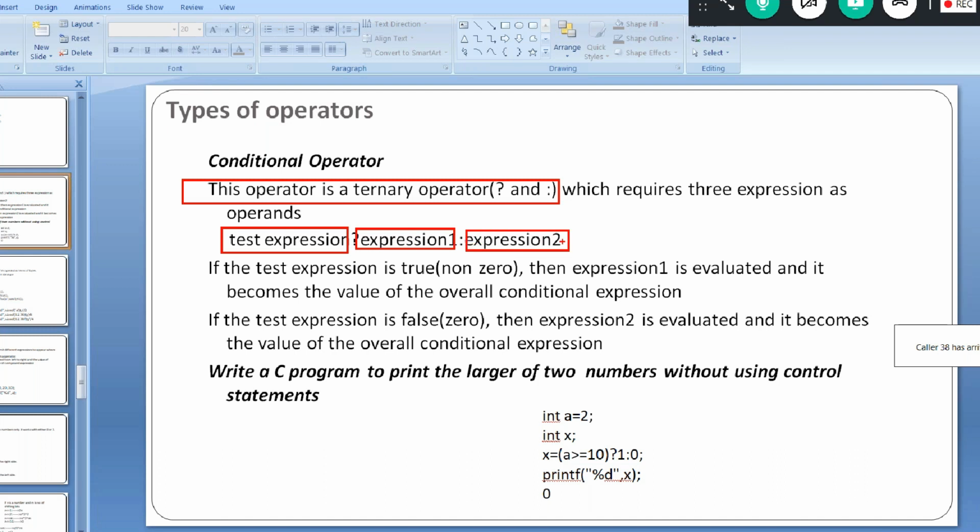How does this work? If the test expression is true, expression 1 is executed, and if it is false, expression 2 is executed. If the test expression is non-zero, it is true and this is executed. If it is 0, false, the other is executed. Ternary means 3; we are working with 3 operands. That is why it is called a ternary or conditional operator.